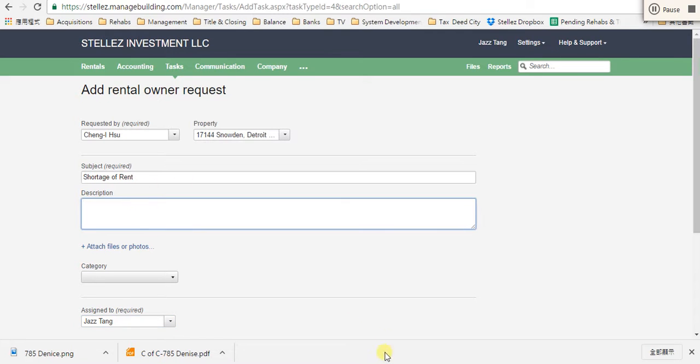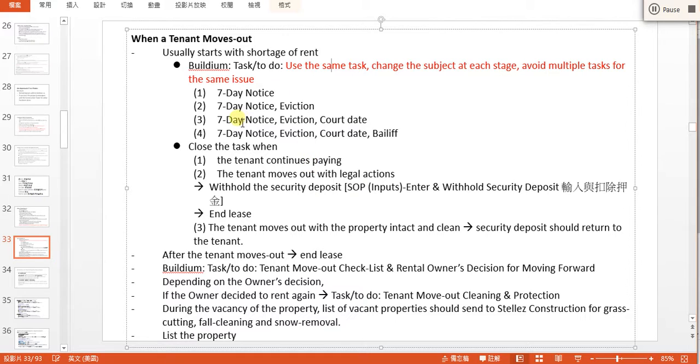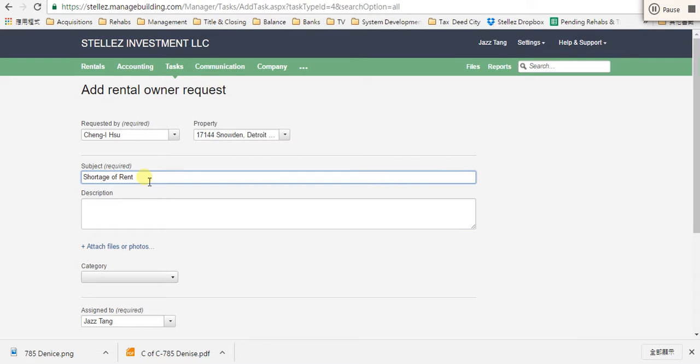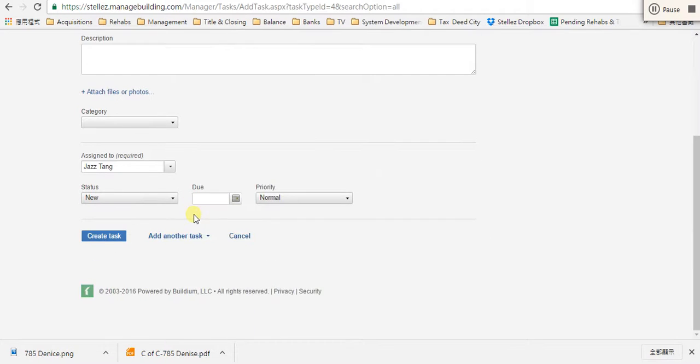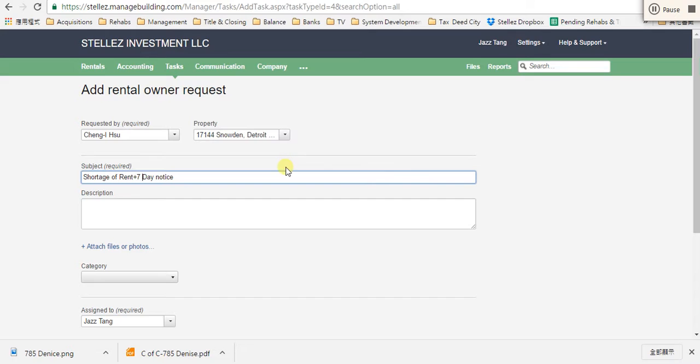We do the description here. So let's go back here. If we notice this and then we send a 7-day notice, then we'll go 7-day notice. Okay, if after the 7-day notice the tenant already pays, then we will just close the task over here and we assign to ourselves. So this is a way that we can tell the owner and also remind ourselves of what's